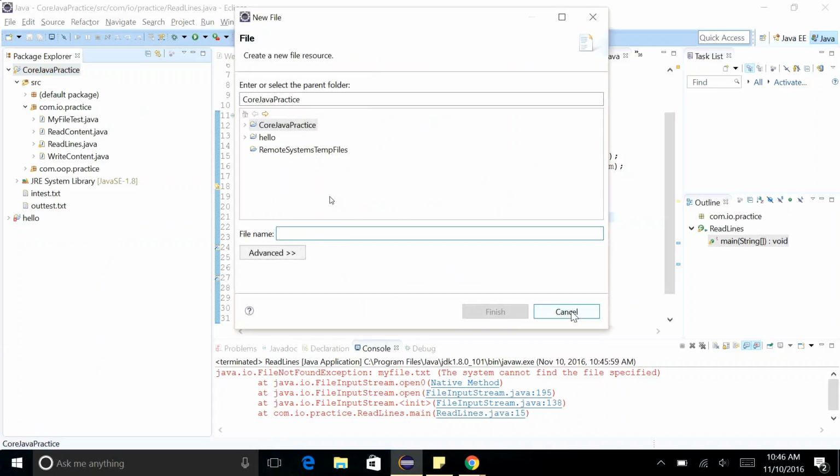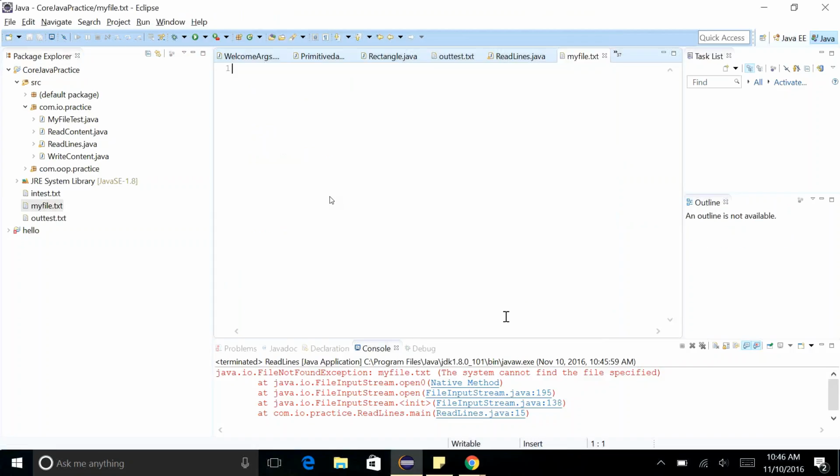Name it as myfile.txt. My file, small. No, we gave the small file name, file naming. Finish. And just try to add a few lines of text here. Okay, write all the batch mates' names: